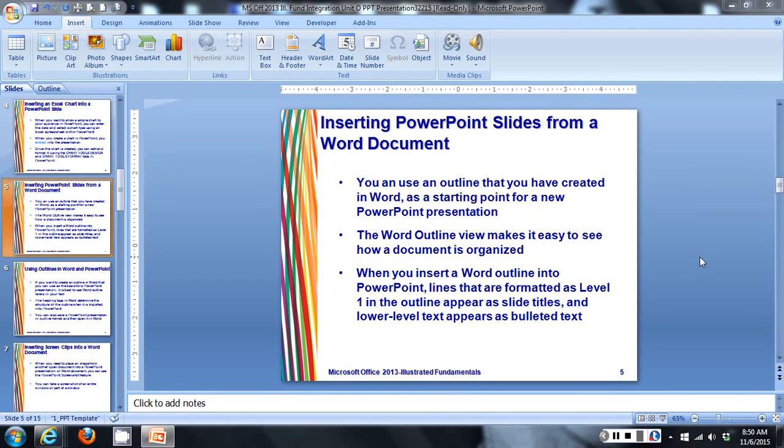Let's see, it's going to be on page 378. And you'll see that formatting a Word document correctly will make it much easier to create a PowerPoint presentation from that Word